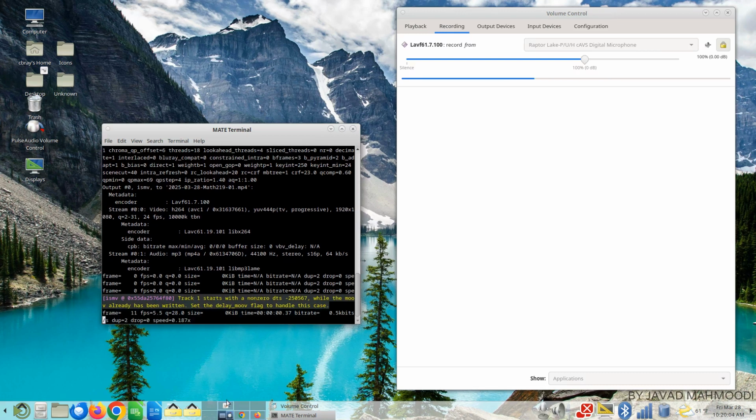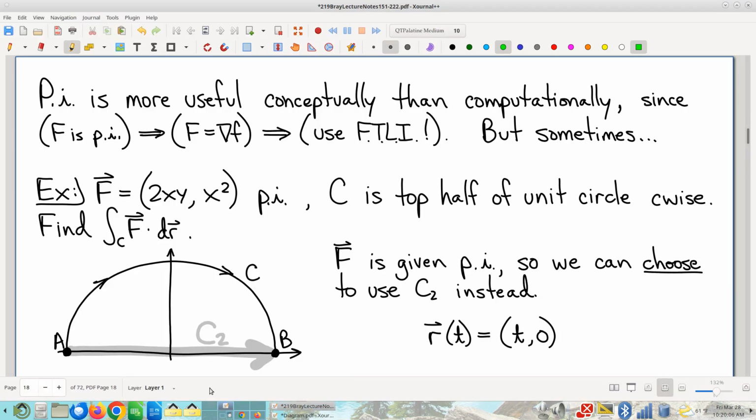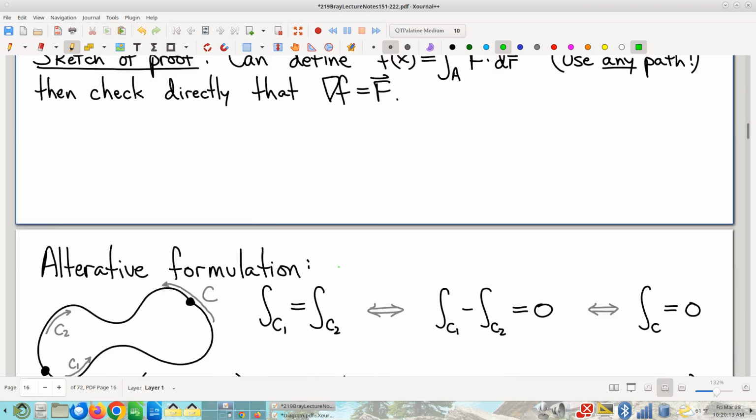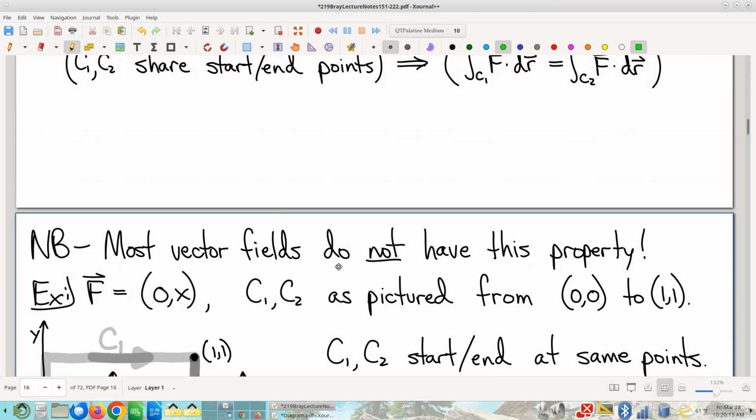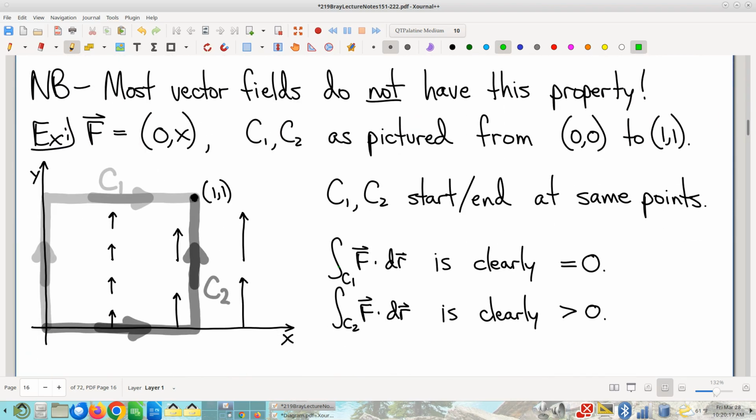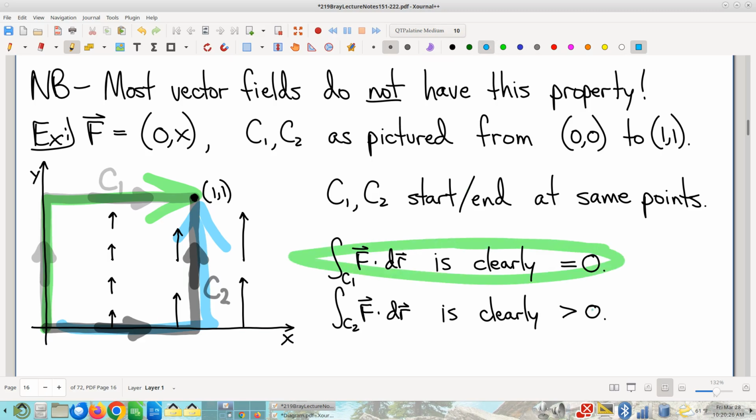Okay, off we go. So, here's where we were last time. We were talking about path independence, and just a quick reminder, path independence is this outrageous suggestion that somehow the obvious phenomenon of the value of a line integral depending on which curve you pick, right? Somehow, mysteriously, there are some vector fields for which this never happened. It's crazy. Pick any path you want.